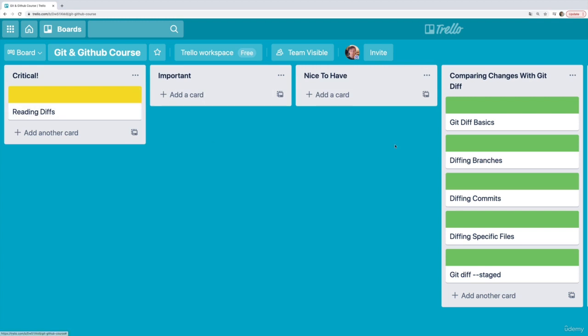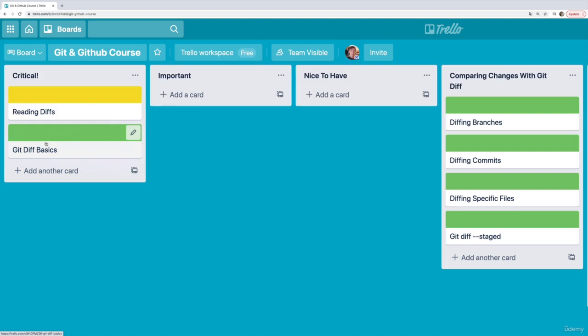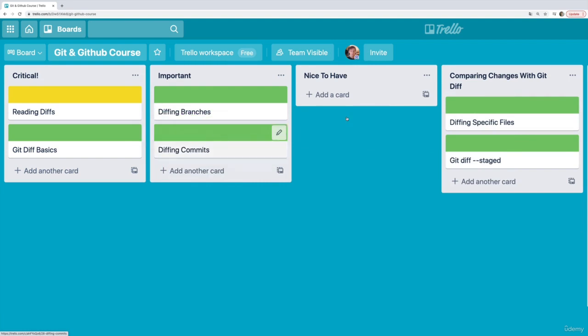So it's in yellow, but it's not too bad. I worked pretty hard on the slides. I think it turned out well, if I do say so myself. Then understanding the basics of using git diff, I'll say is critical. Everything else, important,